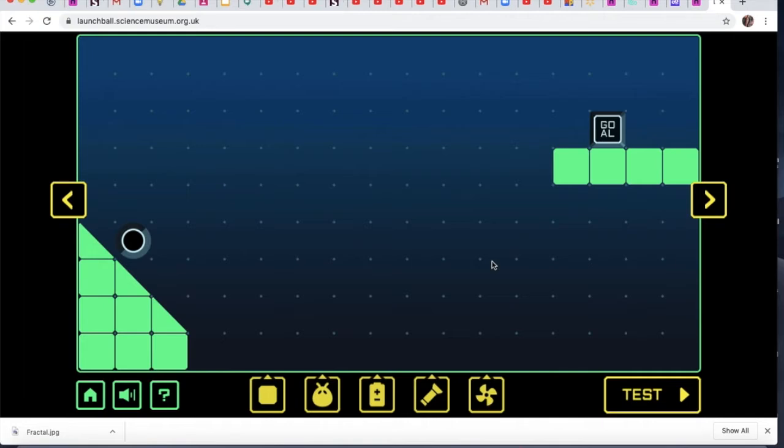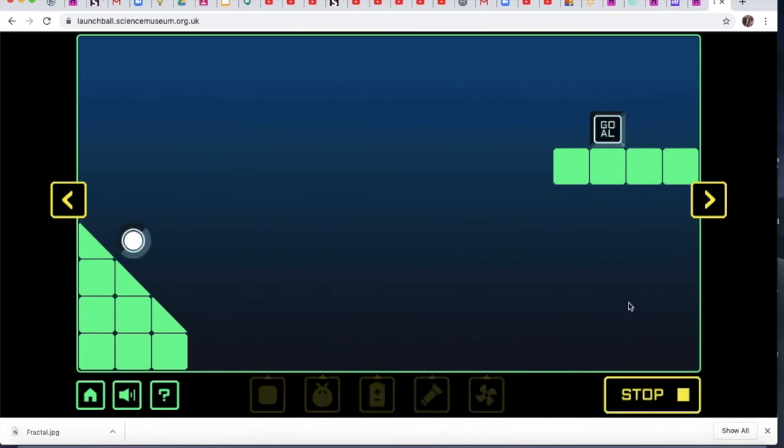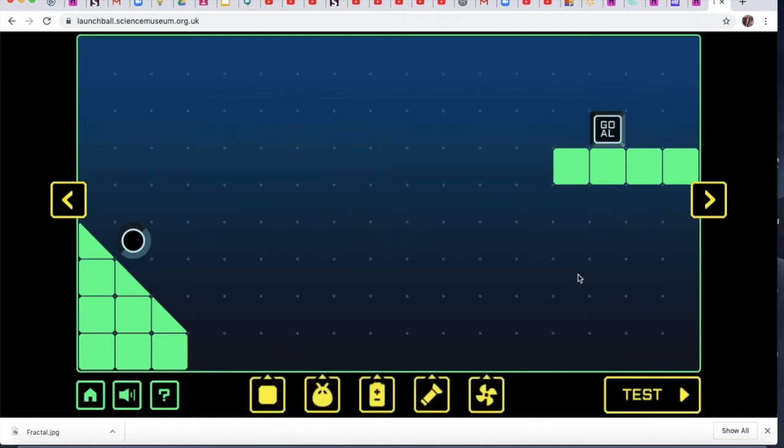So, in the create and share area, you still have a start, you still have a goal, and you can still test to see what happens. So we can go ahead and start with that. I click test. The ball falls down to the bottom where it just hangs out. But in the create and share area, you actually have every single material to use however you like to get to the goal. To see all of the materials, it might look like you only have 5 down here, but if you see the little arrows,